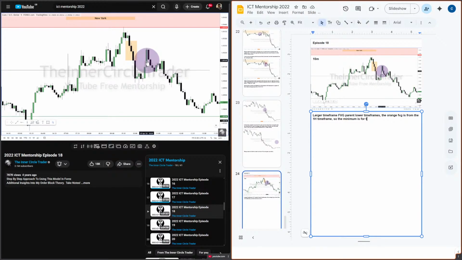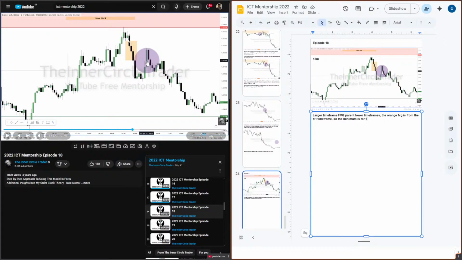Overlap and nested are not the same thing. When I say overlap, I mean that I'm incorporating all the fair value gaps into one. Nesting is that they all have their own identity, but we combine the different identities to figure out a position, rather than meshing them together to create one big idea and then drawing information from that. You lose the identity of each time frame's fair value gap, which loses the power of each time frame's fair value gap. And when you lose that power, you then get very shoddy, too simplified ideas.